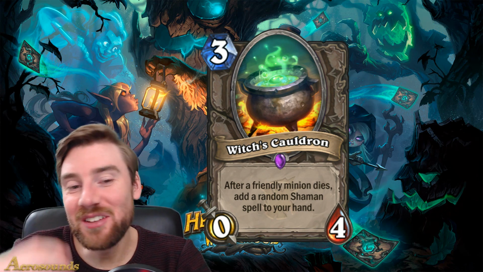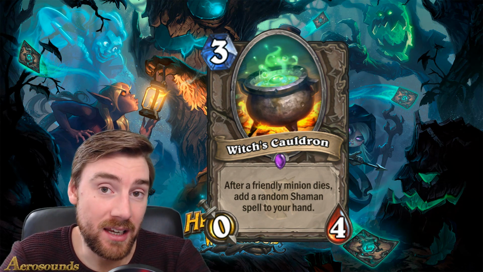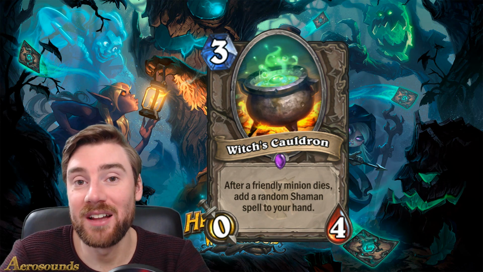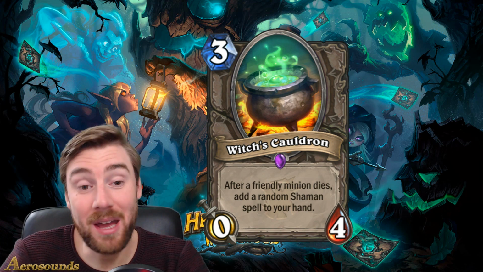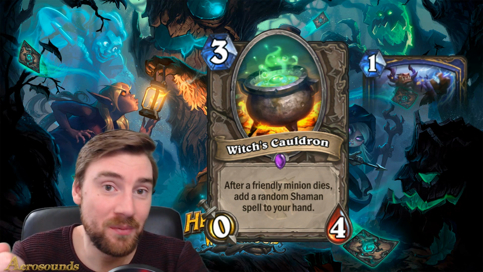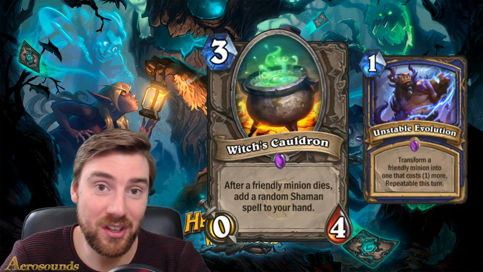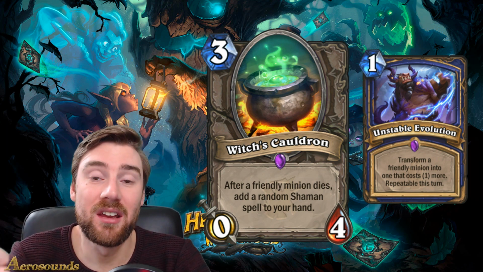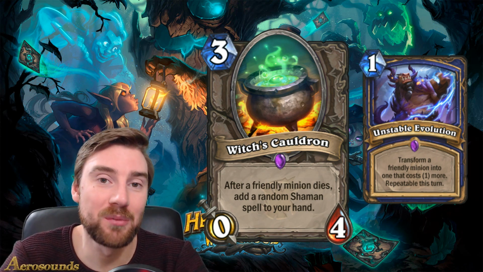So the interesting part about this card, though, is that it is neutral and you can play it in any class. So that does mean that any class can get shaman spells now, and particularly I'm thinking about priest and also mage. If you put Witch's Cauldron in here, and if you're lucky enough to get an unstable evolution, you can then play Sorcerer's Apprentice or the Priest card, which reduces the cost of your cards. Suddenly you've got a 0 mana unstable evolution. So you can play that infinite amount of times on the board